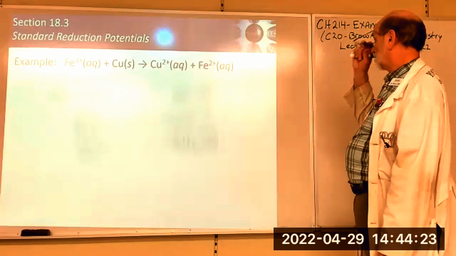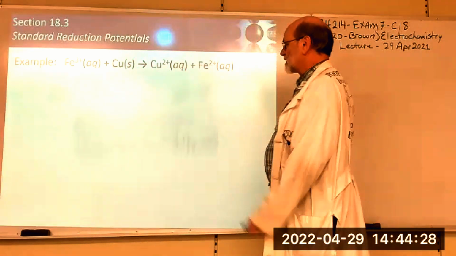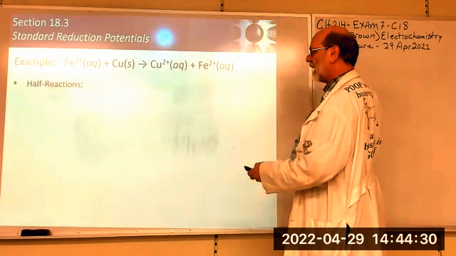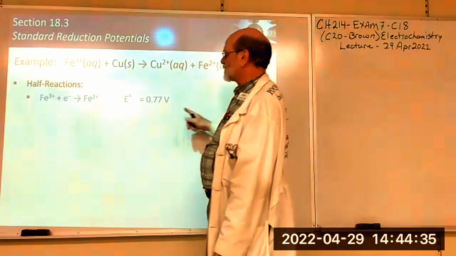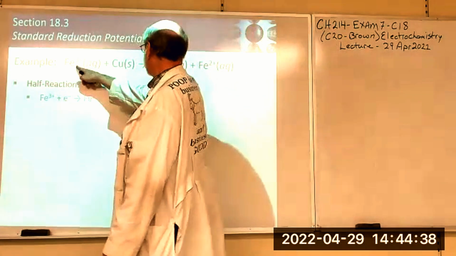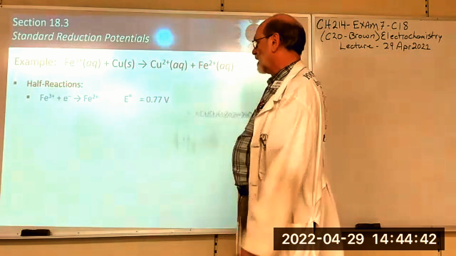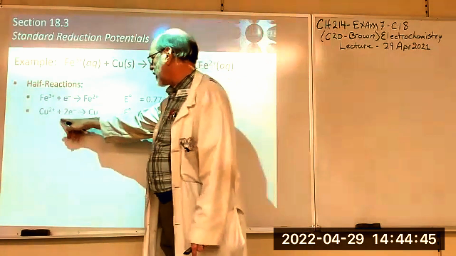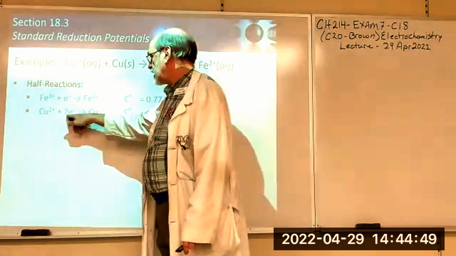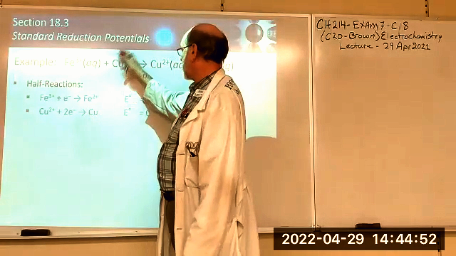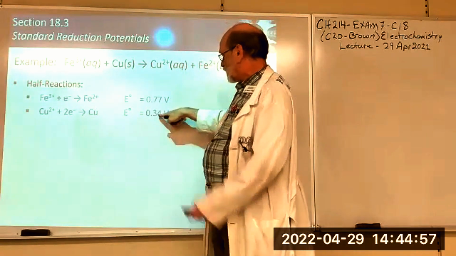Okay, how about this example? This is the overall reaction. So we have to decide what the half reactions are. The reduction potential from 3 plus to 2 plus here is 0.77 volts. The reduction potential for copper 2 plus to copper here is the wrong direction, because copper needs to be on this side. So if we write it this way and then change that one,